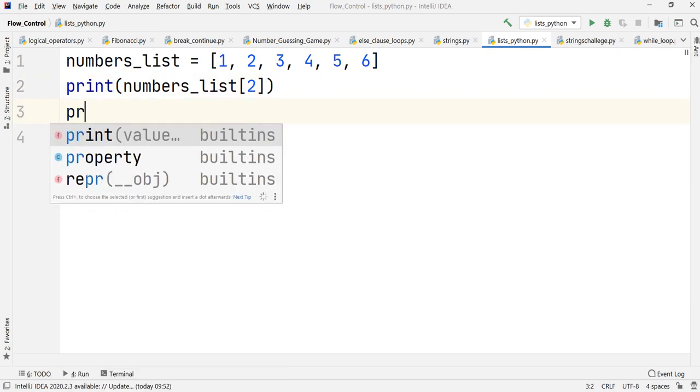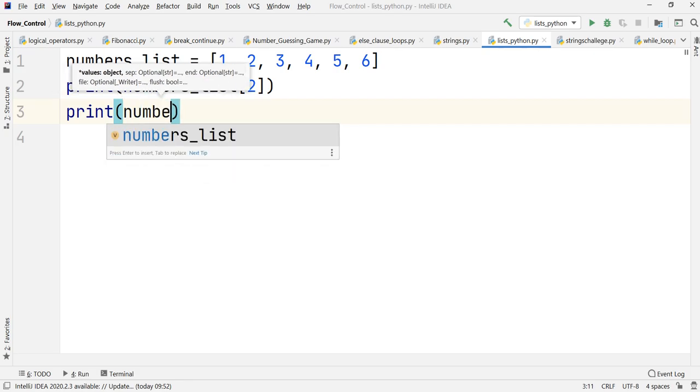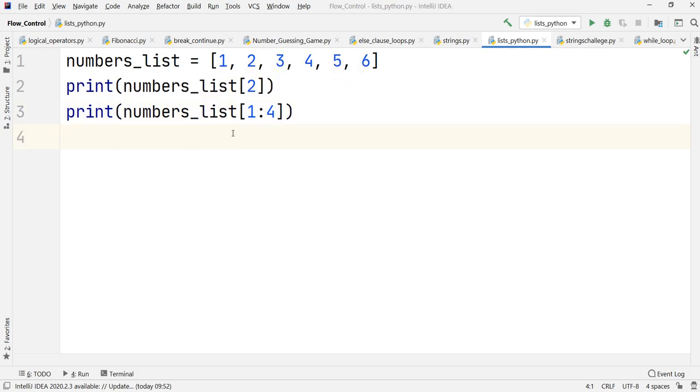Again, similar to strings, we can also get a range of values within the list. Suppose I want to get values from 1 colon 4. As you might recall how this particular slicing works, we can slice the list as well from index value 1 up to 4, but not including 4. I want you to guess what the output of this will be.